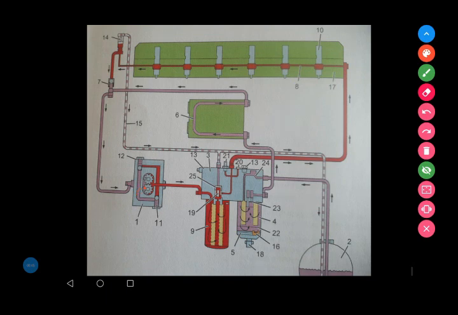And the fuel is again pumped from this area through this engine control unit's cooling circuit